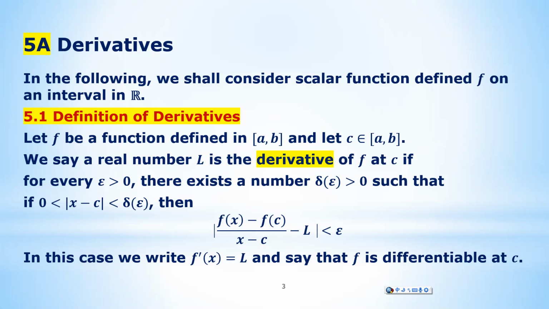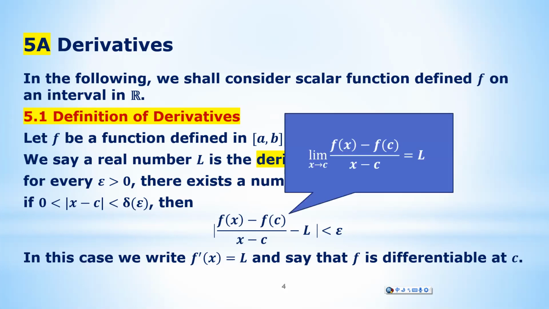Okay, and so what does it really mean? If you review the limit concept, you will see that this is saying that the limit of the ratio, when x goes to c, is equal to L. Now this limit cannot be evaluated by substitution, because suppose you substitute x by c, and then